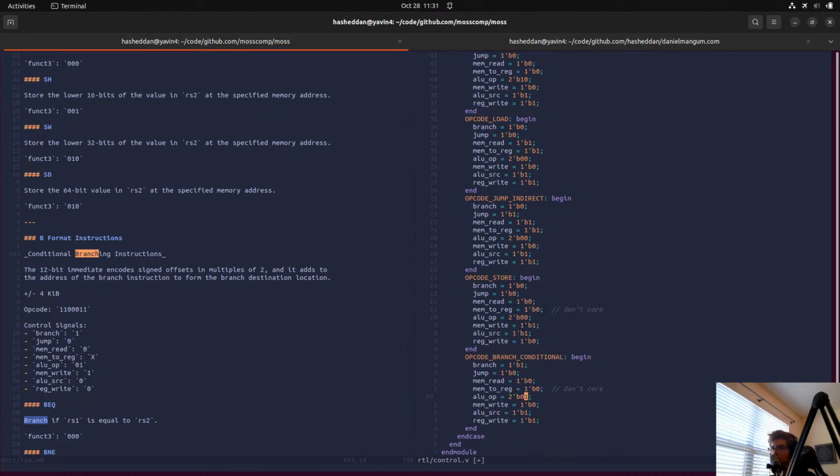ALU op is 0, 1. Mem write is 1, ALU source is 0, reg write is 0.